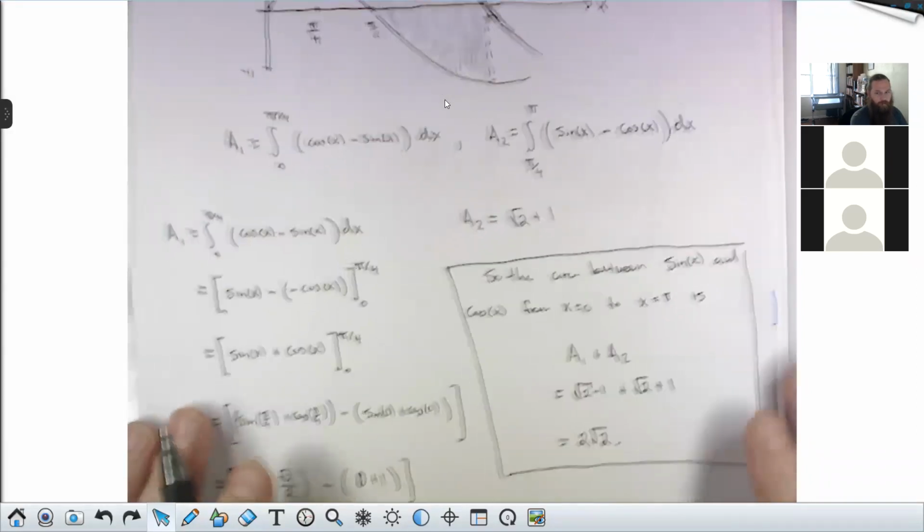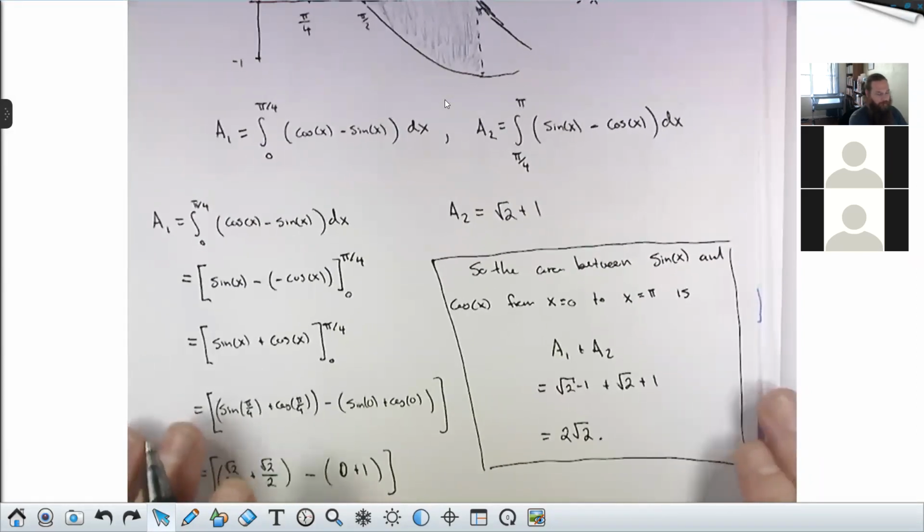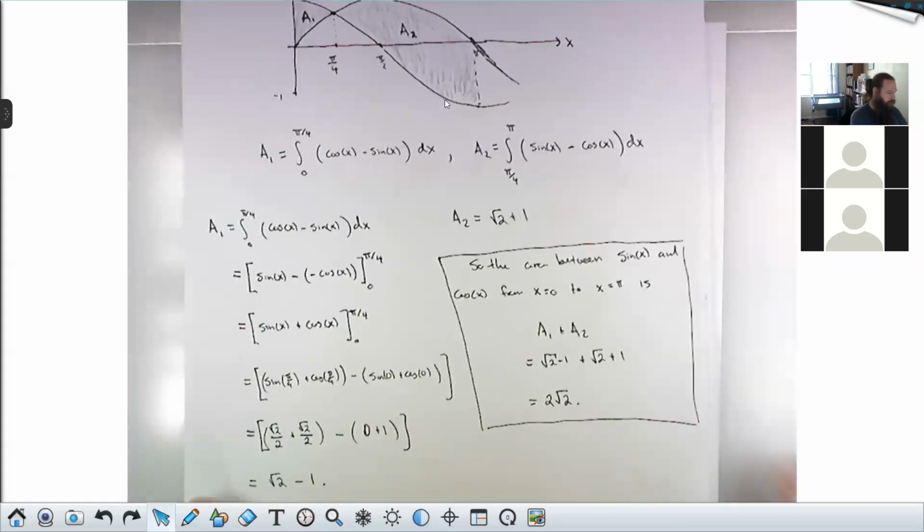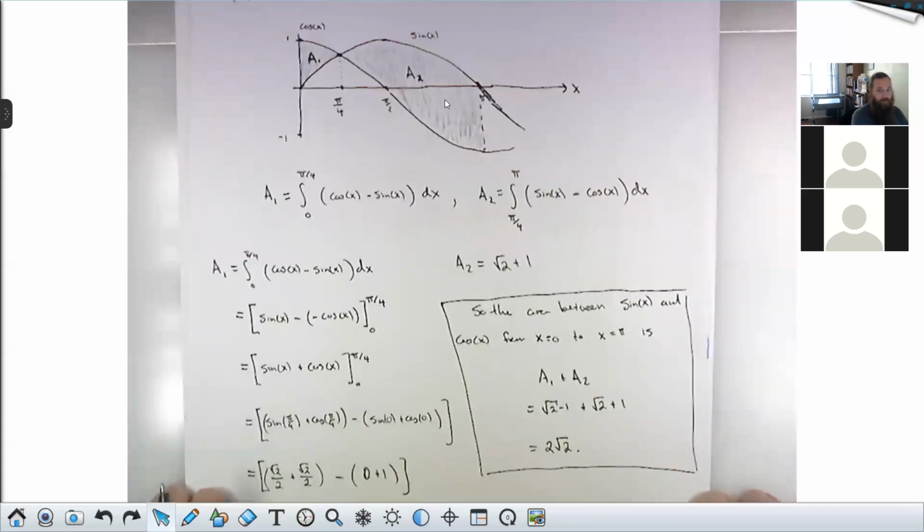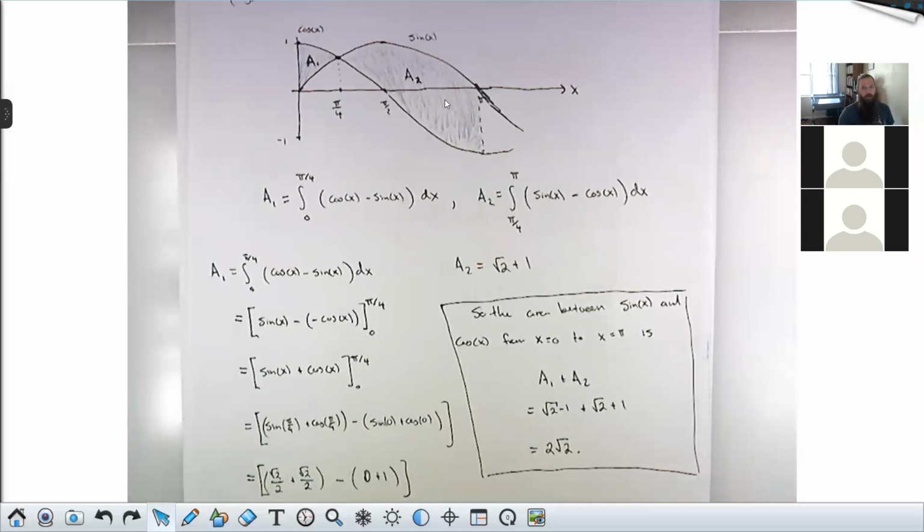Finding areas between curves is not terribly hard. Of course, the integrals can get more challenging. The integrals here were not difficult, but the idea is that setting up these problems is not terribly hard. On Monday, we're going to learn how to do these when things are rotated. If your curves are like sideways parabolas and a line or something like that, things can be a little bit more geometrically complicated. But this fundamental idea of integrating the upper function minus the lower function is the whole